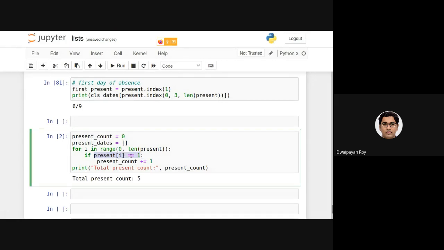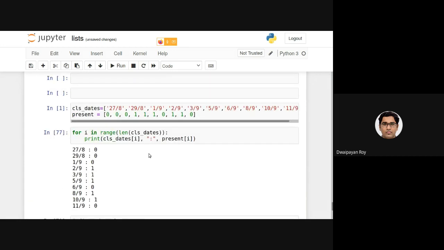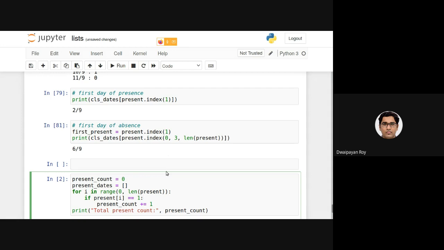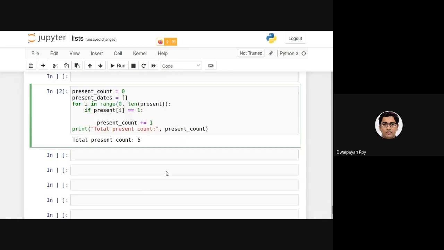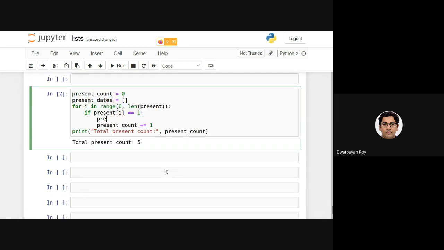This means the student was present on the ith date in cls dates. So what we need to do is present dates dot append cls dates of i. Now, this present dates was initially empty.